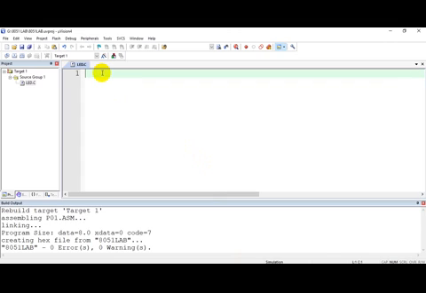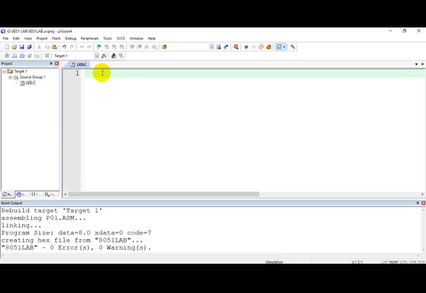Now, the first thing we will do in C language is to include the header file for your controller. What is this header file? When you go to the lab, there are various variants of 8051 microcontroller, and every microcontroller comes with a supporting header file.